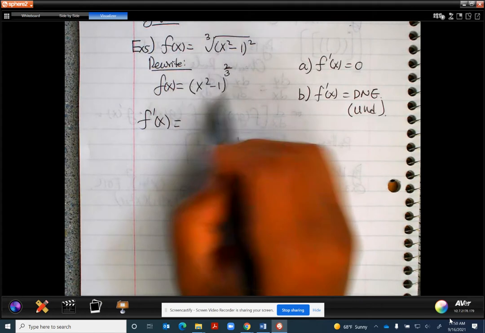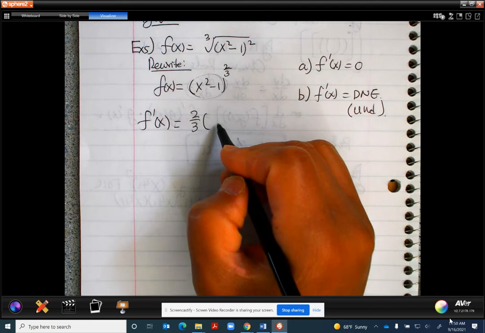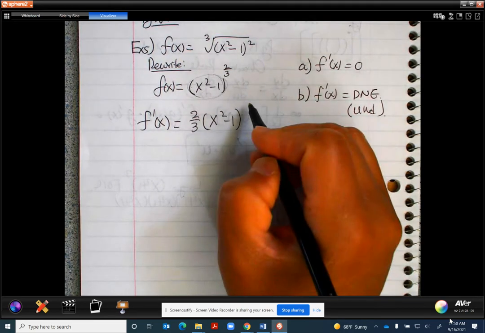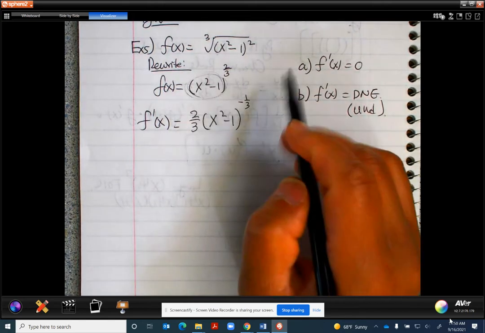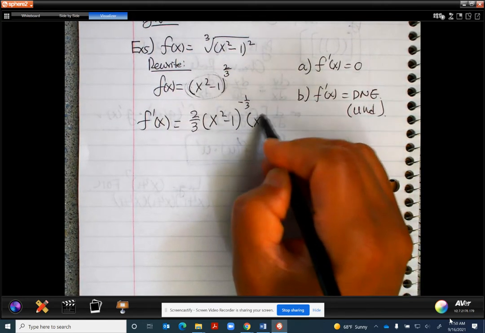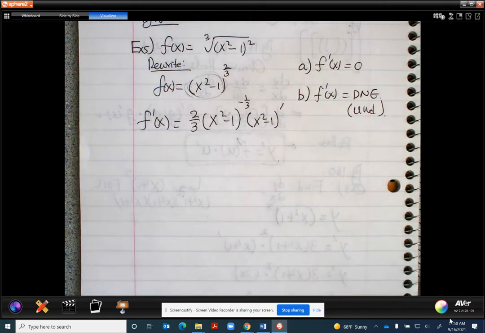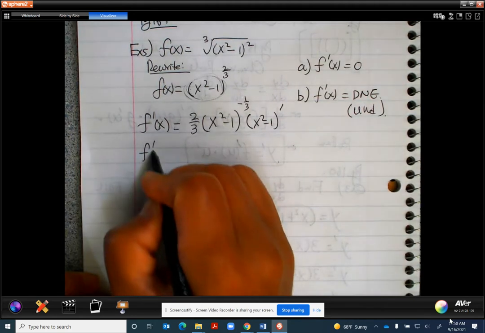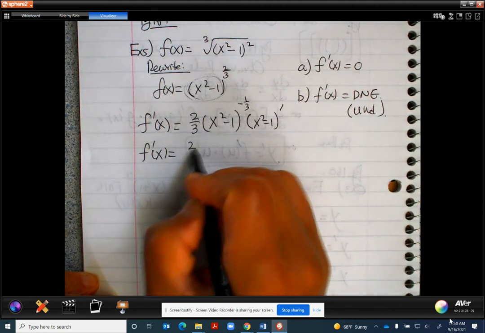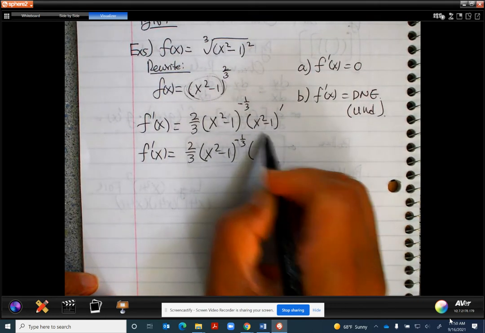Again, what is outside of the parentheses? 2/3 (x squared minus 1) to the power of negative 1/3. And what is inside of the parentheses? (X squared minus 1) prime. So this is f prime of x is equal to 2/3 times (x squared minus 1) to the negative 1/3. And the derivative of this will be